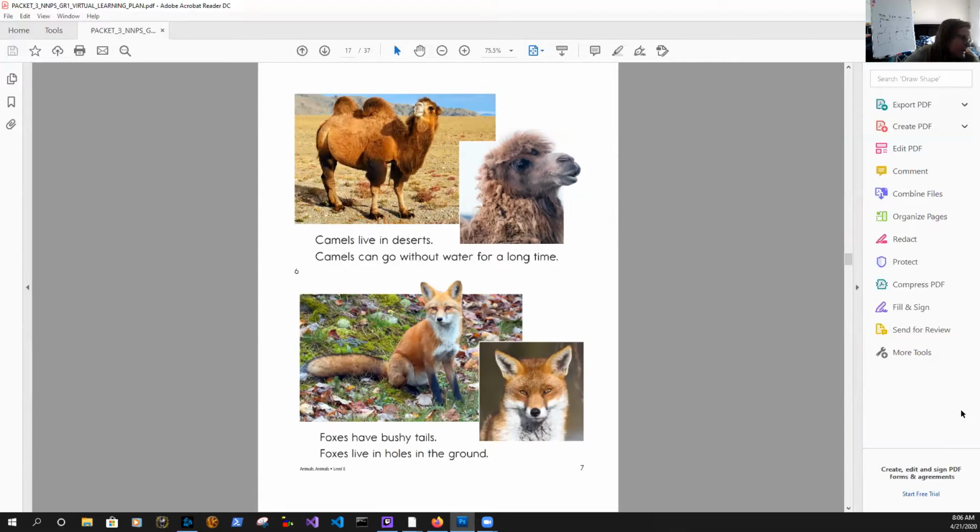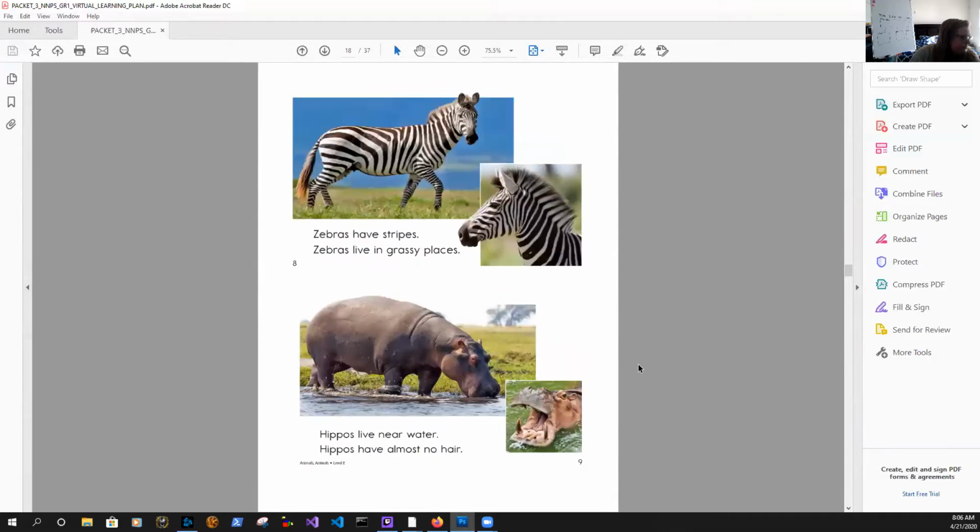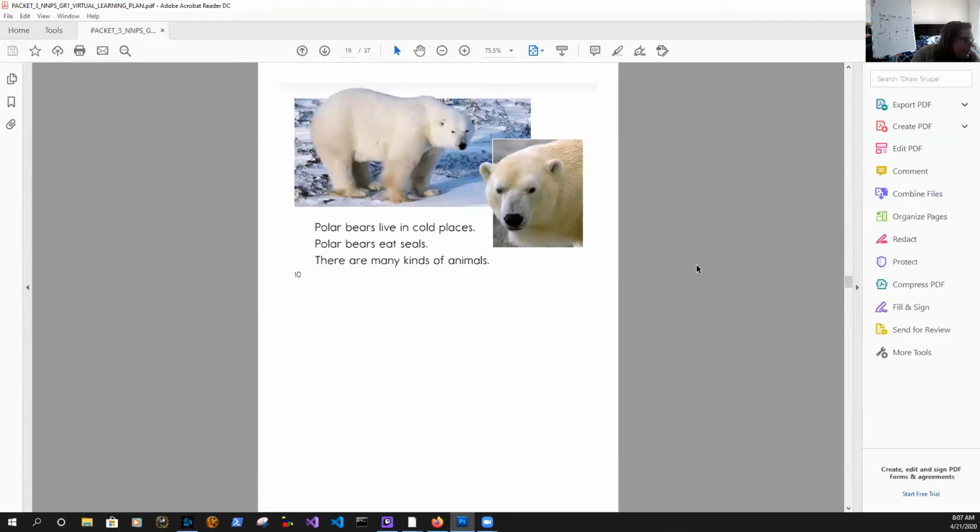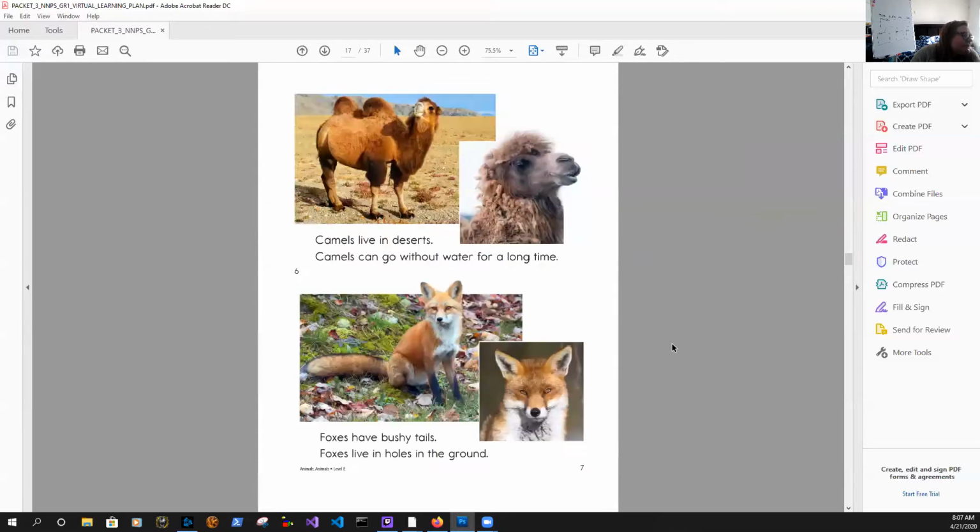Foxes have bushy tails. Foxes live in holes in the ground. Zebras have stripes. Zebras live in grassy places. Hippos live near water. Hippos have almost no hair. Polar bears live in cold places. Polar bears eat seals. There are many kinds of animals.